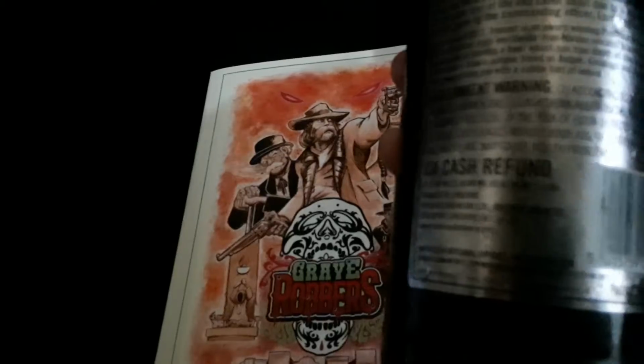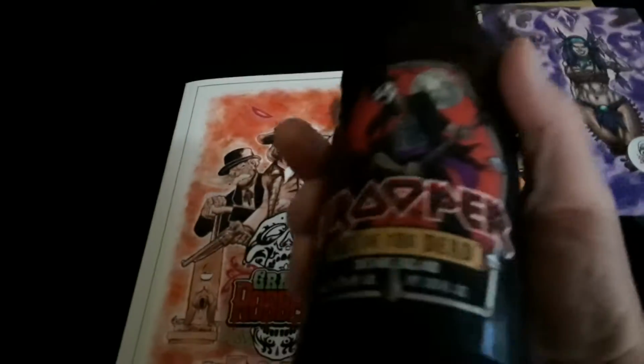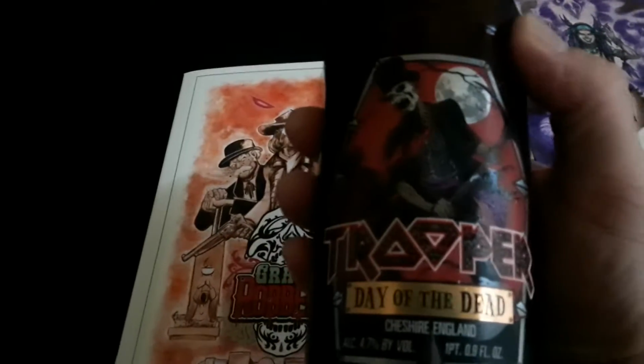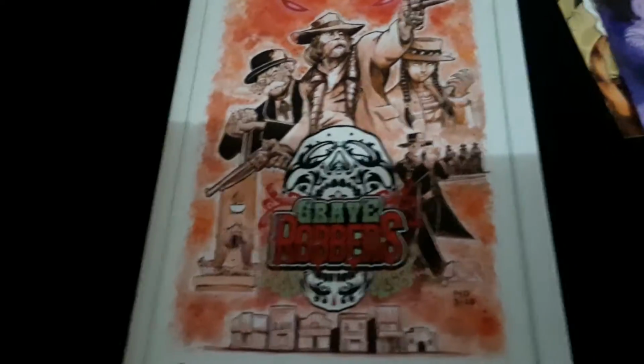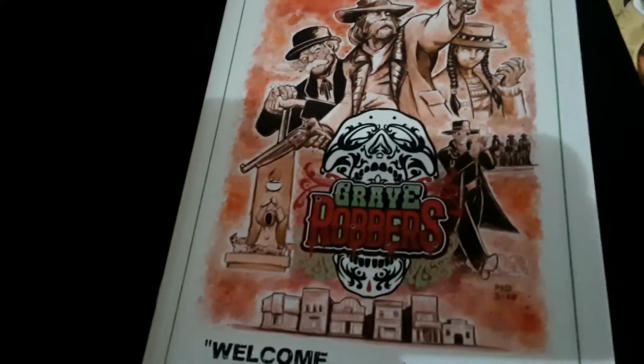So if you guys know about the Trooper, Iron Maiden makes different ones with Robinson Brewery, Robinson Grave Robber, and yeah,